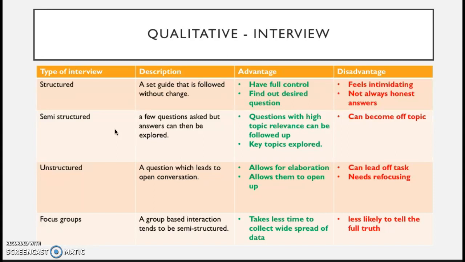However, as with the semi-structured, it can lead off task pretty quickly, and will need refocusing. And this is where it is really key that you're a good interviewer and you can bring it back to topic. A different way to do this is with a focus group. So this is a group-based interaction, and it's normally in a semi-structured kind of atmosphere, where there are questions that you want answered, but you are flexible and want to have a look into different